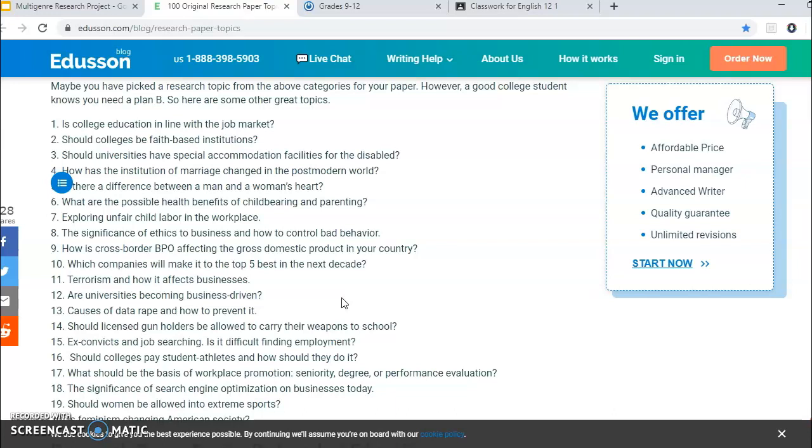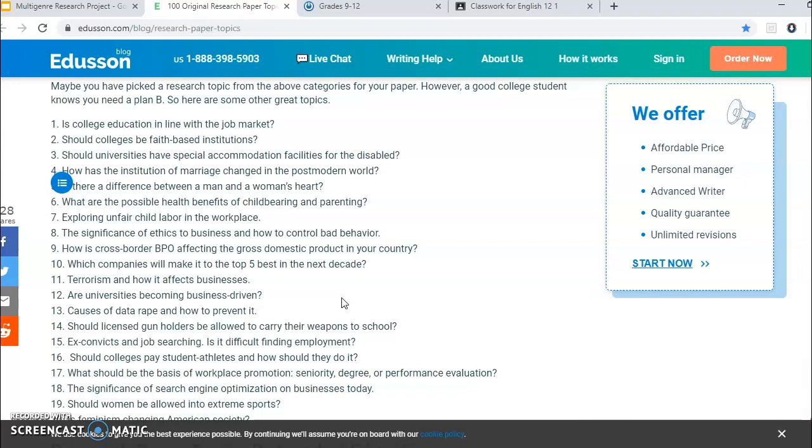So it could be, what theory is most widely accepted as to who shot Tupac? That could be one. Why do mumble rappers rule the airwaves now? Whatever it might be. It can be about music. It can be about art, health, life, your future. What is the best career to go into? What is the largest cause of children being separated from their parents when they're crossing the border into the United States? Whatever the case might be, but something you are really, really interested in.